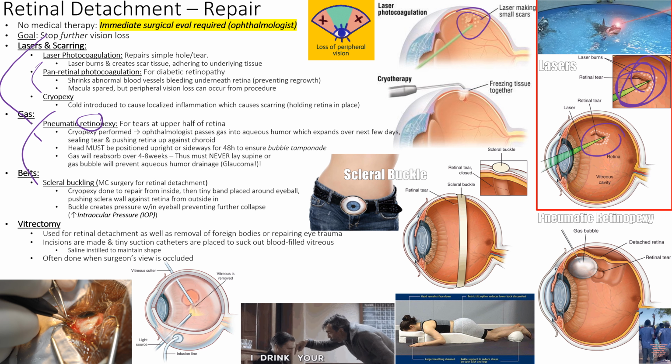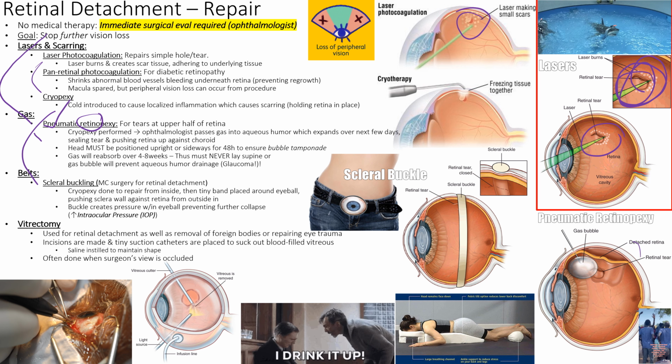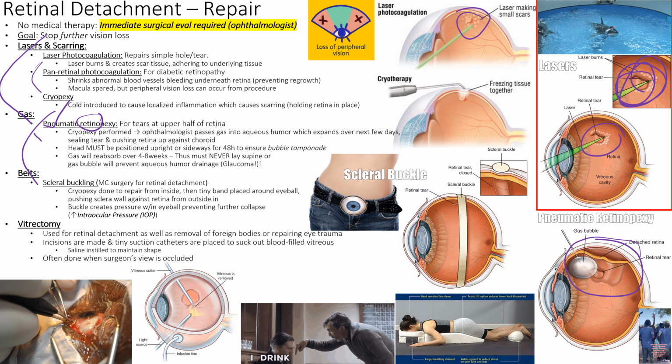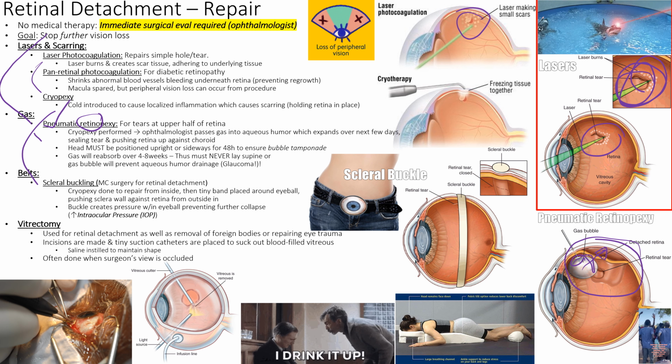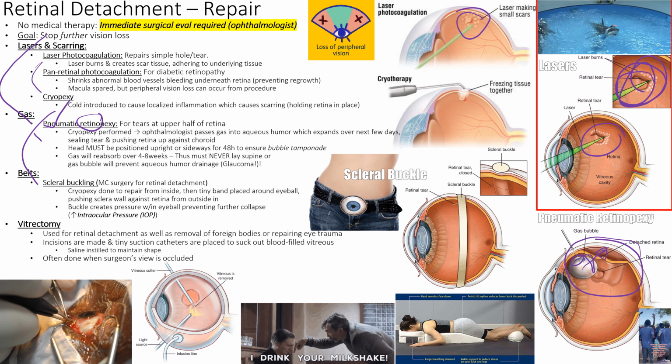So we're going to repair the retina with air, right? And again, that's if tears are up here at the top of the eyeball, we're going to put an air bubble in there, and the air bubble itself is going to be enough pressure to tamponade the eyeball so it doesn't separate further. So that's the idea behind this bubble, right? So the ophthalmologist literally passes gas, and then they put the bubble into the eyeball, and that gas will expand over the next couple of days, and that will then hopefully keep the retina tamponaded,